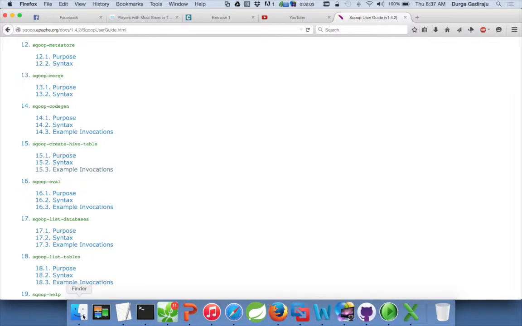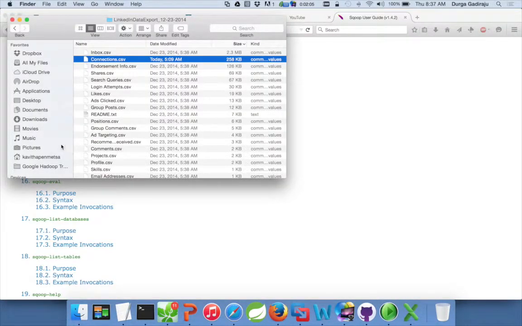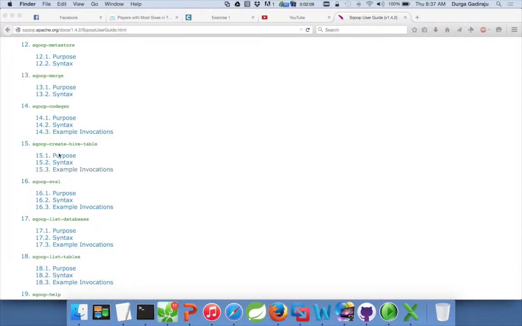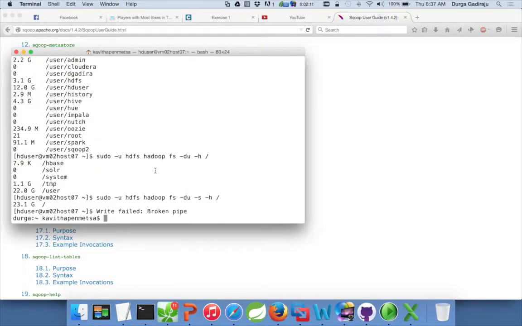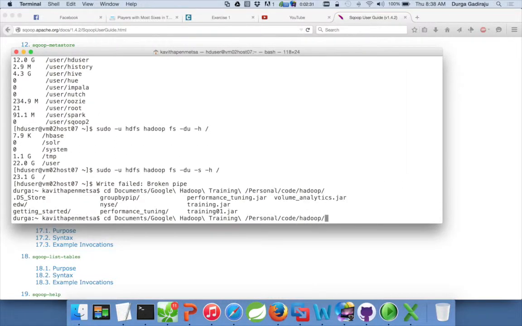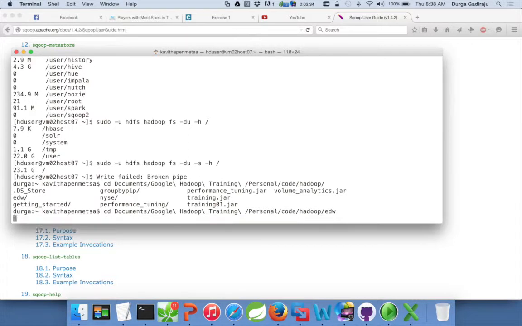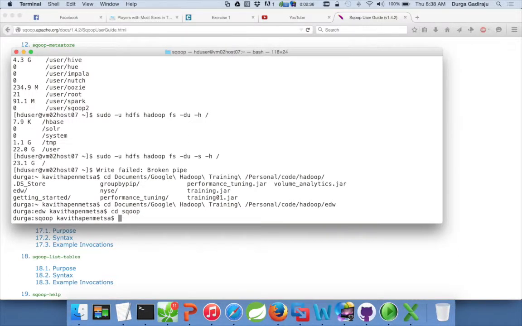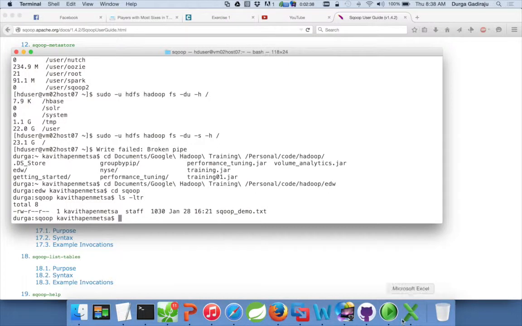Again, as you have seen, the code for this demo will be committed in GitHub.